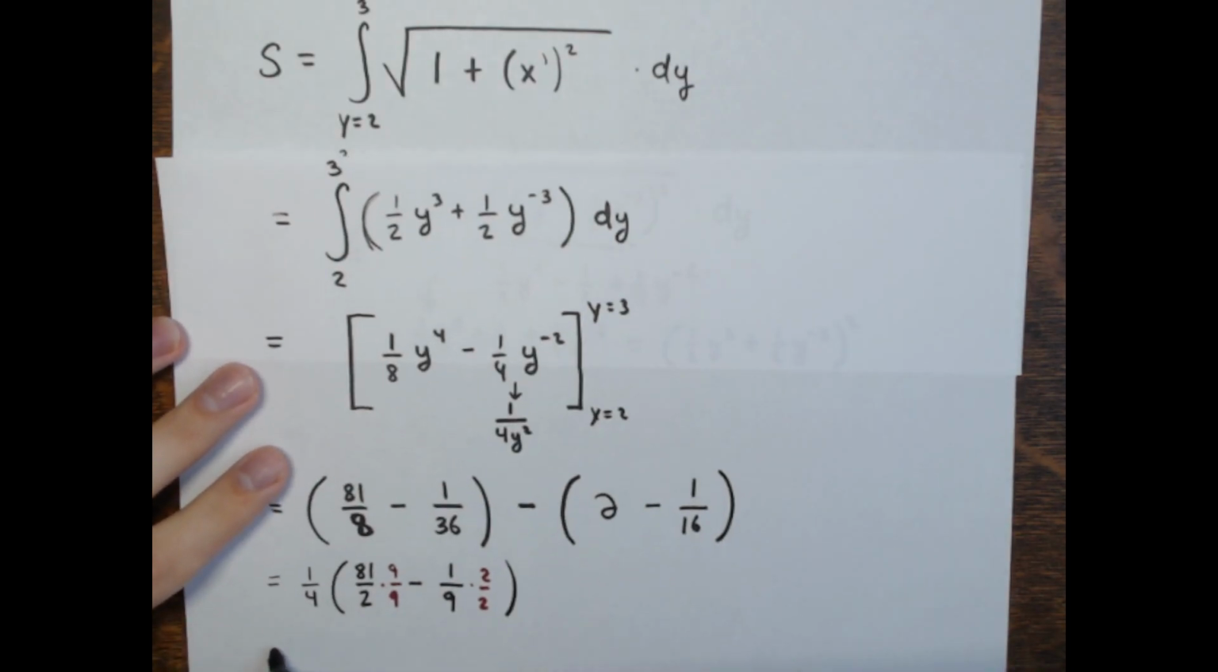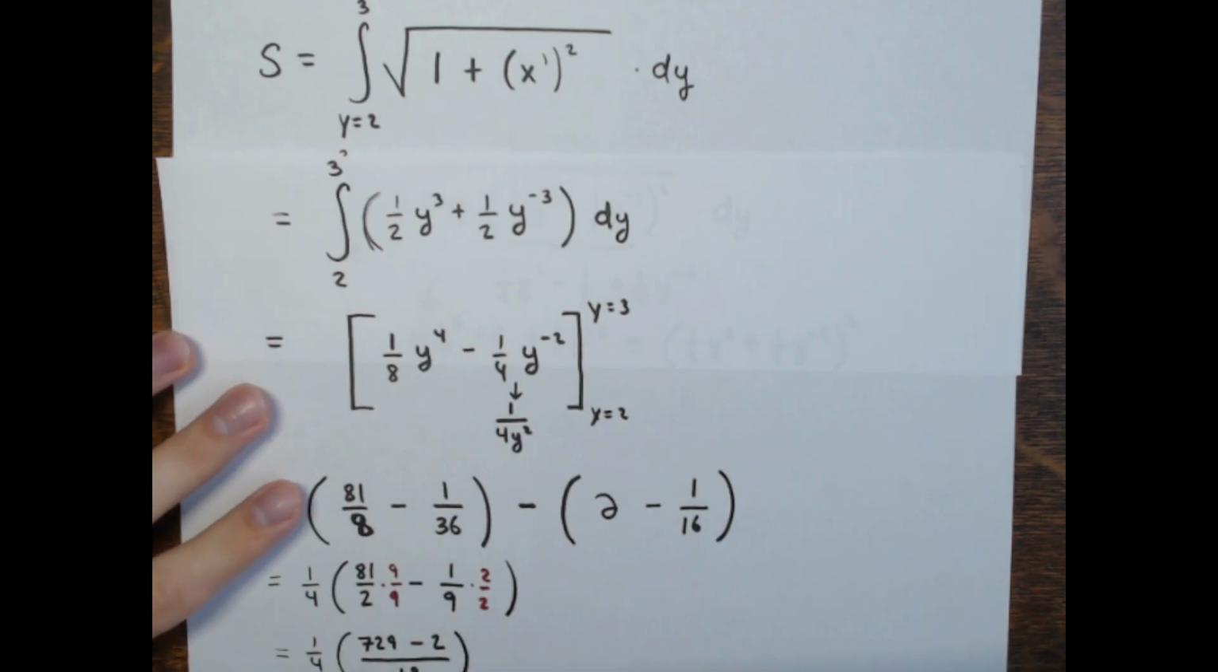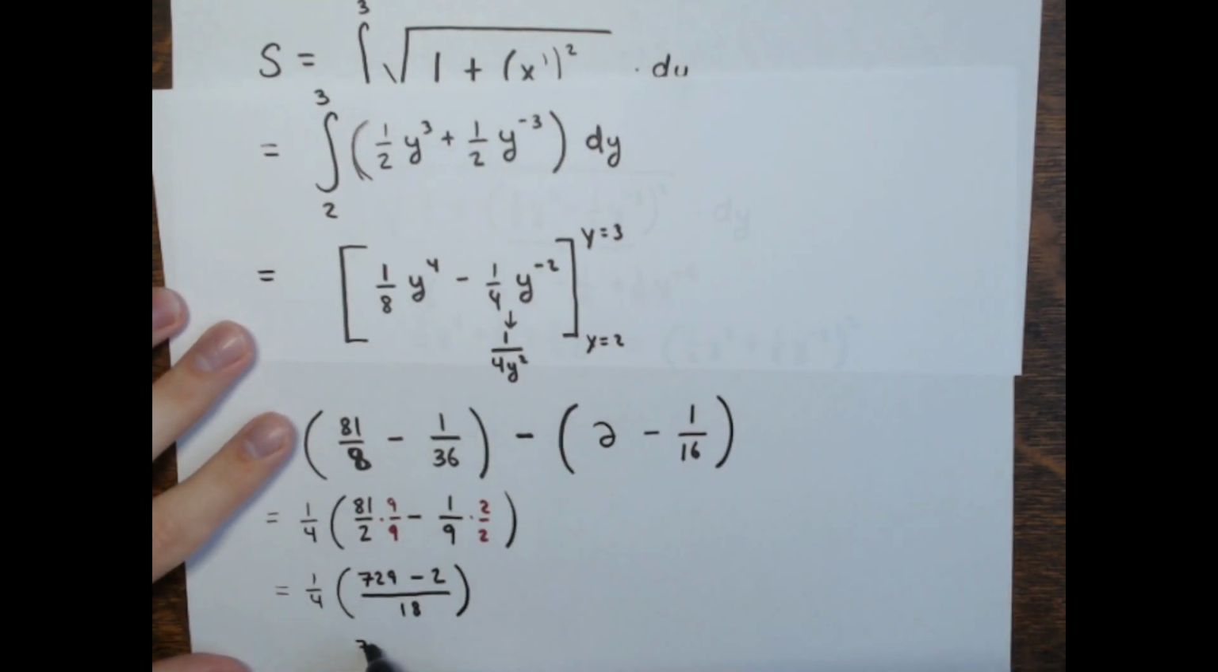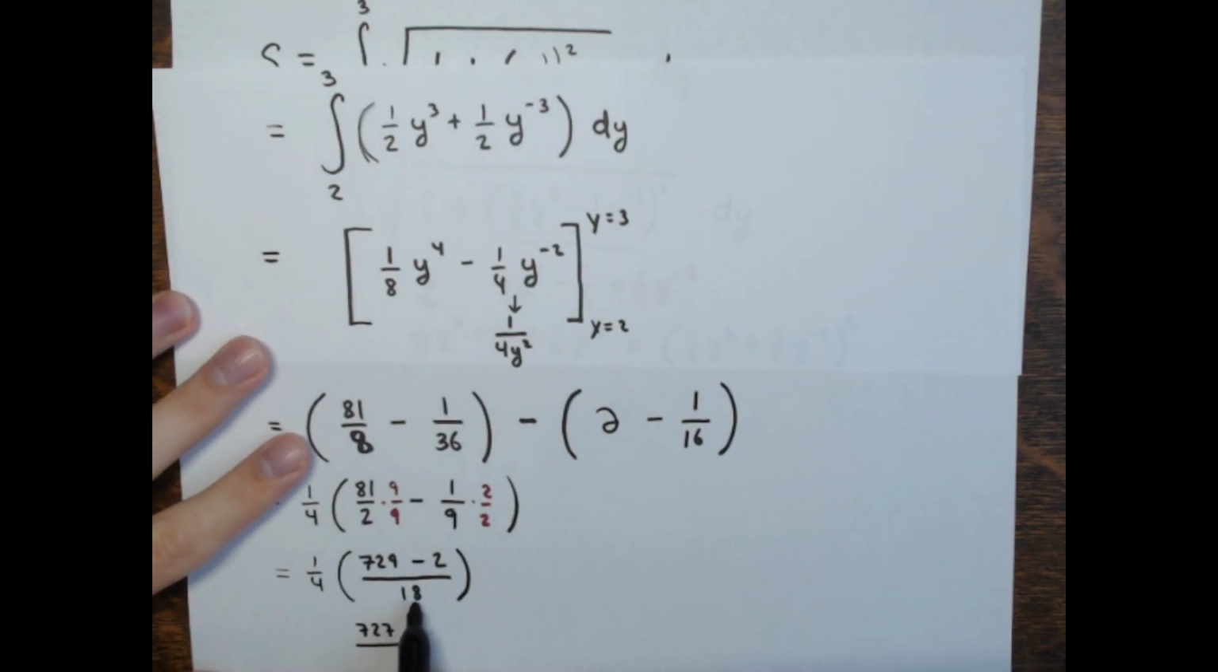It's a quarter. 729 minus 2 over 18. So that's 727 over 18. So this is 727 over 40 and 32 over 72